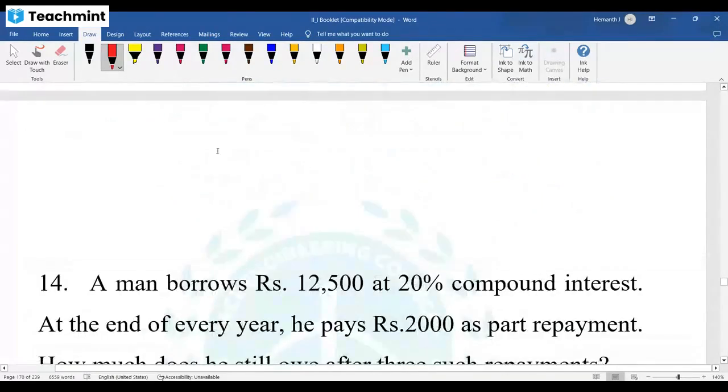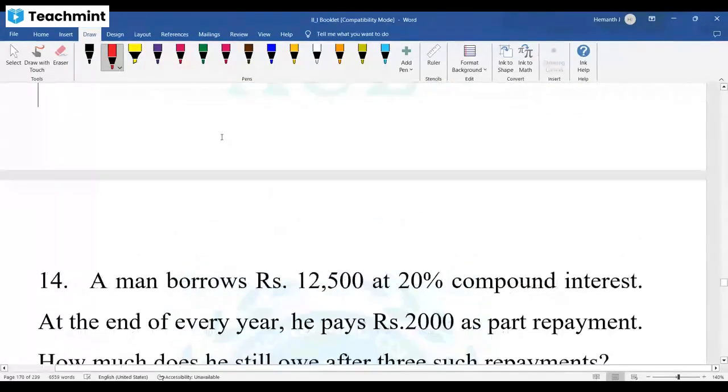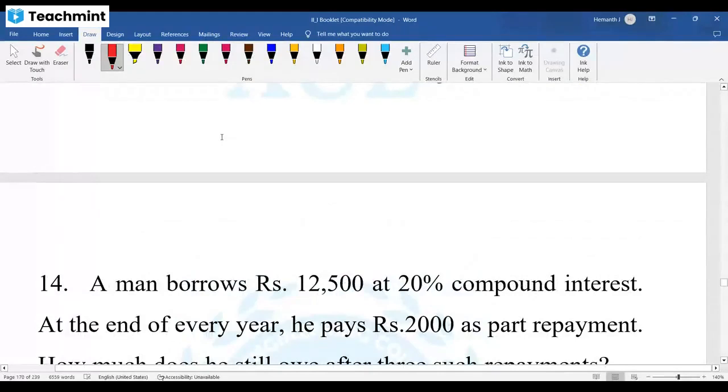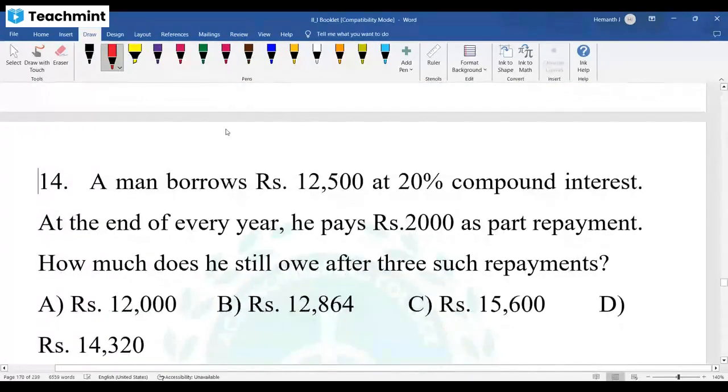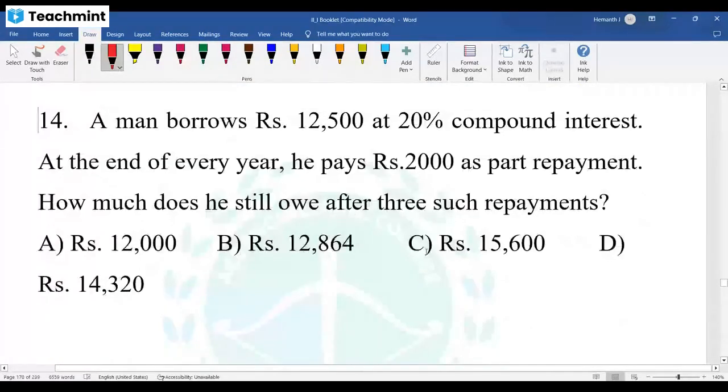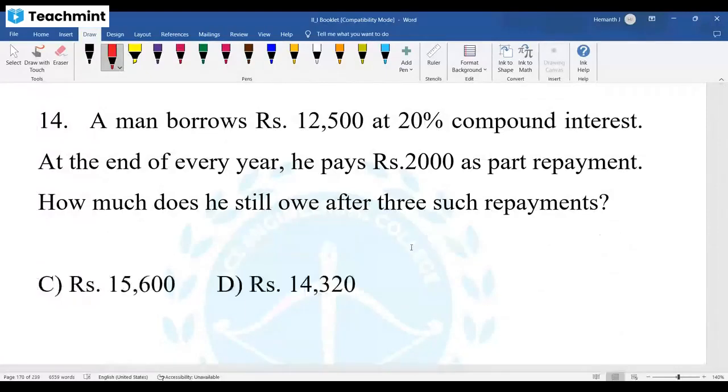Next question, and this is an excellent, practical question everybody should know for your future. When you take a loan and you are paying some amount back, what is the pending amount? All those you have to know. This question asks, after 3 repayments, what is the pending amount? Maybe some people have already taken an education loan. Every month you are paying some amount, or maybe after 1 year you are paying some amount. What is still pending? If you want to know that, this should be there.